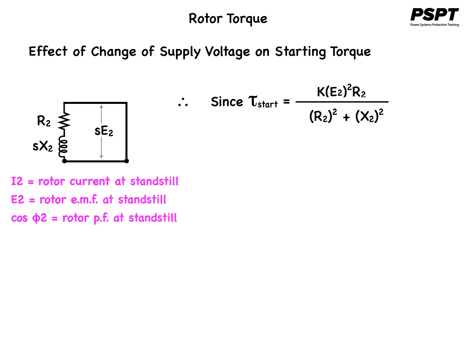So the starting torque is given by k times E2 squared times R2 all over R2 squared plus X2 squared,